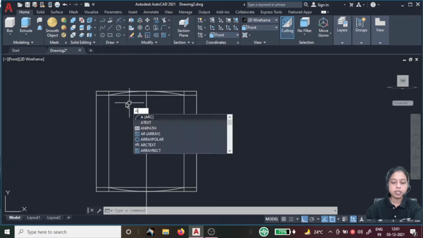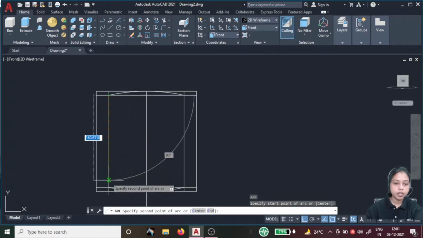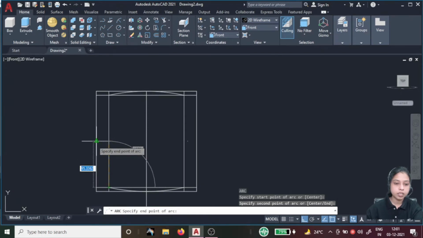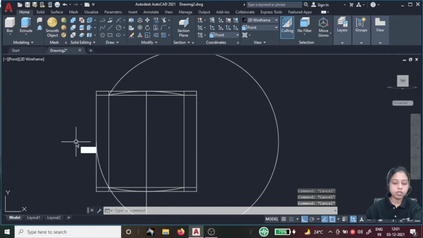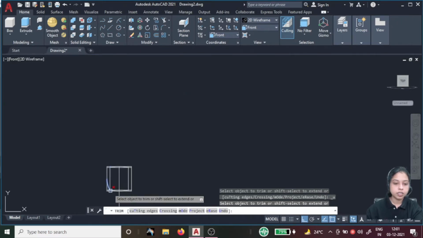Again arc, A, enter, and select this starting point, ending point, and the same thing, go for this midpoint. Select this midpoint and follow the same procedure: TR, enter, trim the unwanted entities.